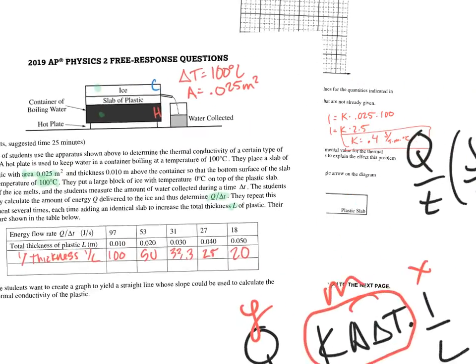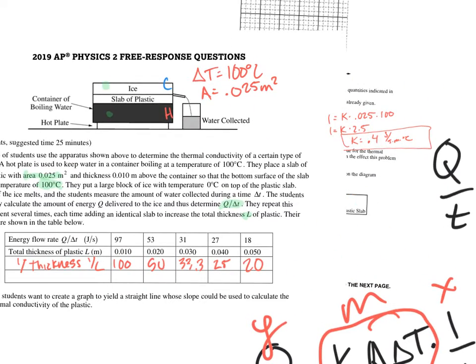If we go back up to here and just think through this idea, well, you didn't account for the air around this slab of ice. A couple different things could happen here. There's air all around this ice that's also able to transfer thermal energy to it. And so let's say that these numbers that you had for energy flow rate,